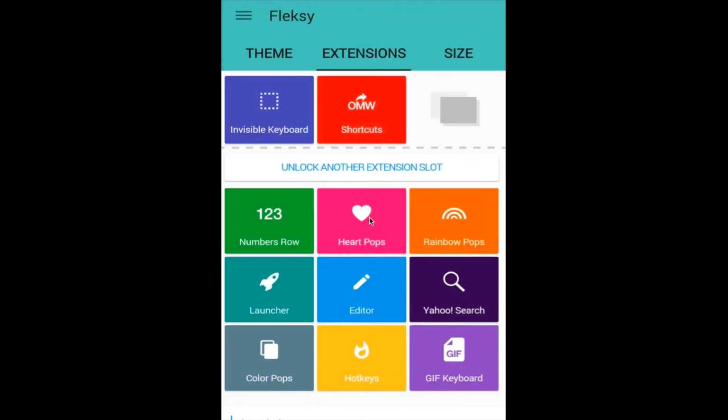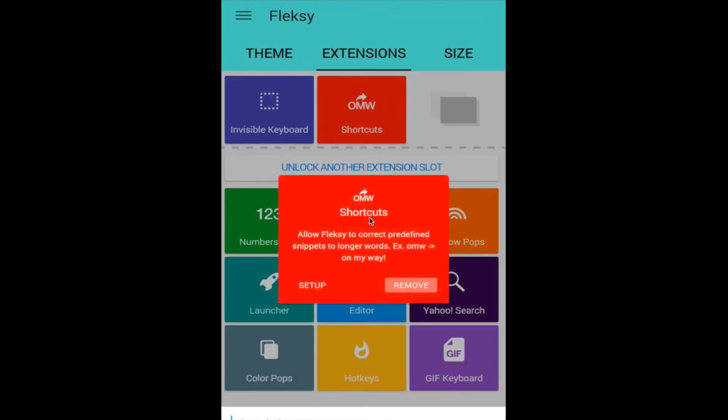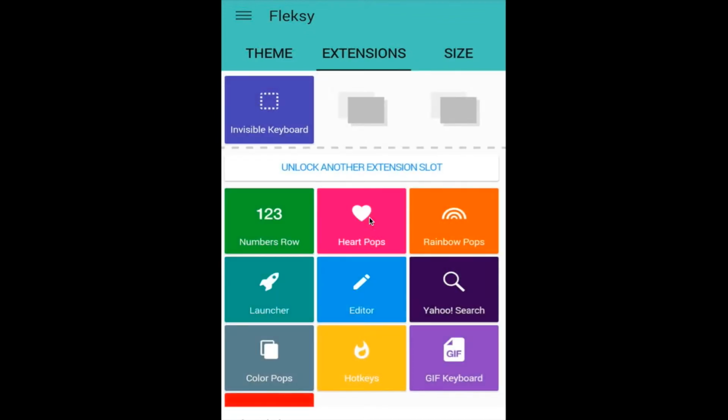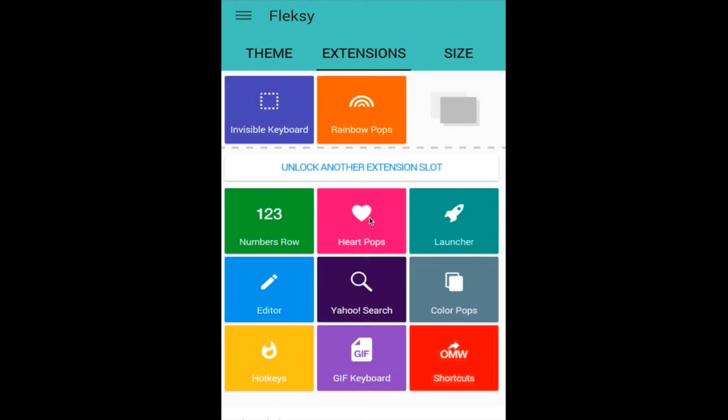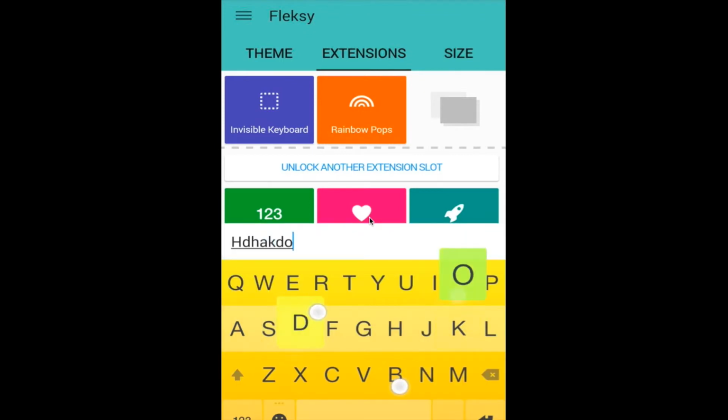Awesome. Let's just forget about the shortcuts because shortcuts are lame. As you can see over there, if you type certain things out, it expands on them. I'm not going to use that. Rainbow pops: if you're typing on the keyboard, it does a whole lot of different colors, which is great, but